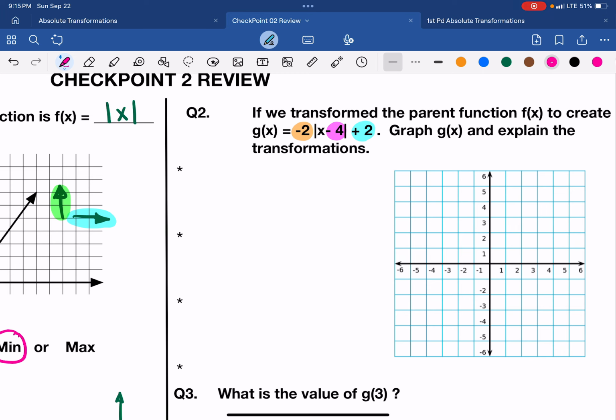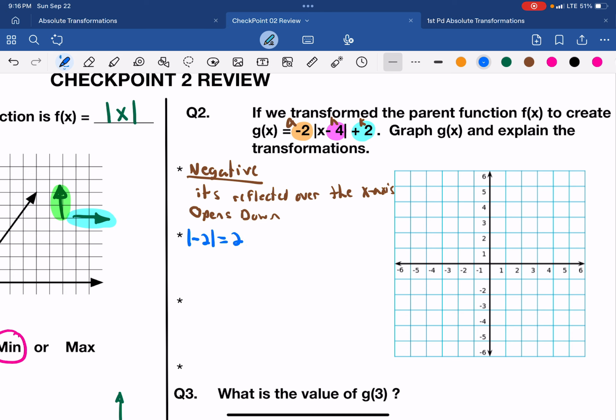Right? Our a, h, and k. Our a, remember, tells us two things. The simple fact that it's negative tells us it's reflected over the x-axis. Basically, it opens where? Down. Right? The other part, we look at the number itself, and we know that the absolute value of negative 2